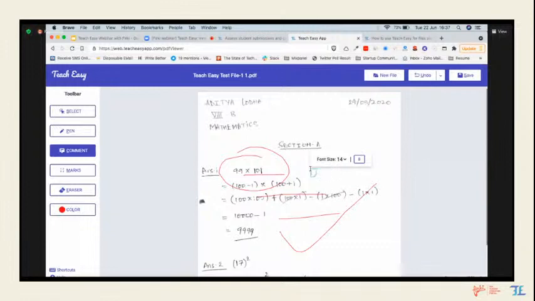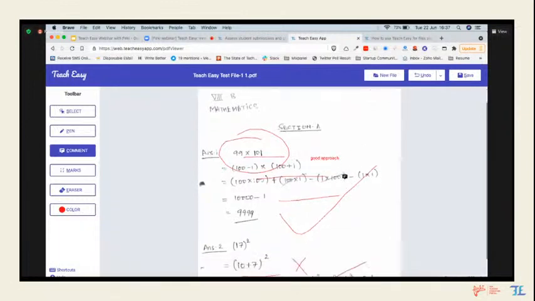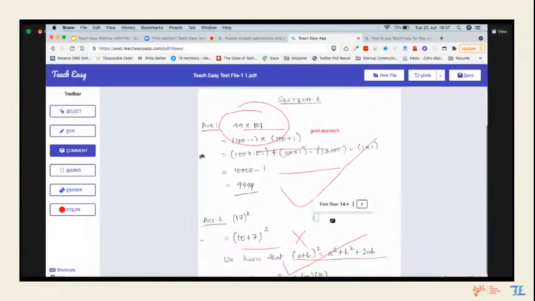Let's say, good approach. As a teacher, I can just write my comment and it will appear right in front of you, wherever you want to write. Do better. For example, if you are taking homework, it becomes so simple for you to get your work done. There is again this marks tool.